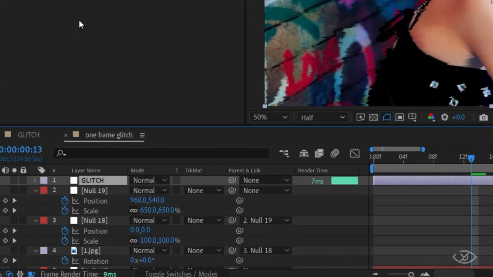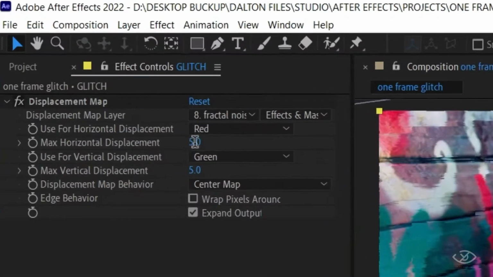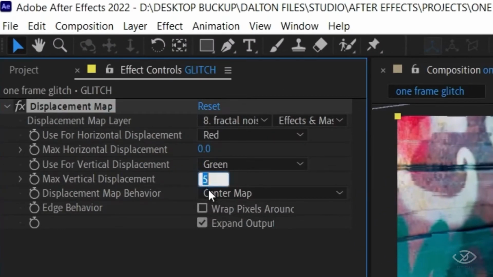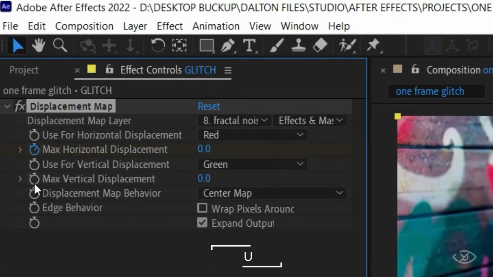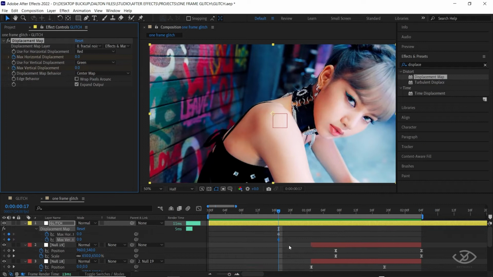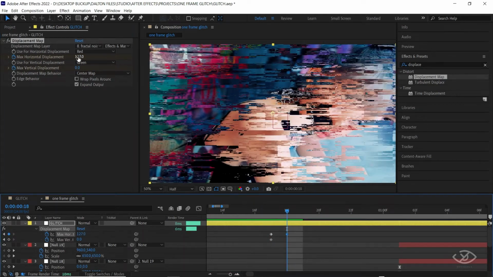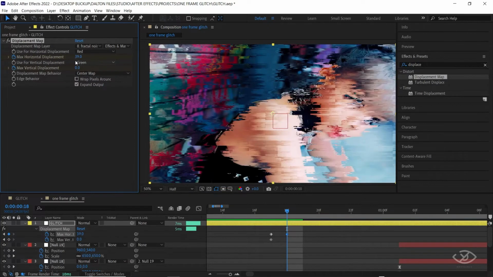I'll change the glitch layer into yellow, for easy identification. Change the max horizontal and vertical displacement value into 0. Create a keyframe for both. Press U on the keyboard to reveal the keyframes. Move one frame forward, and change the max horizontal displacement value into 39, max vertical displacement